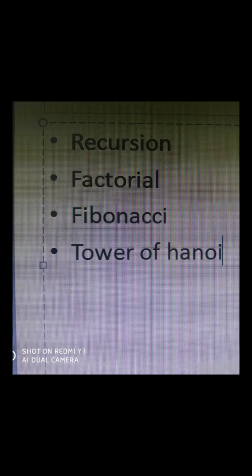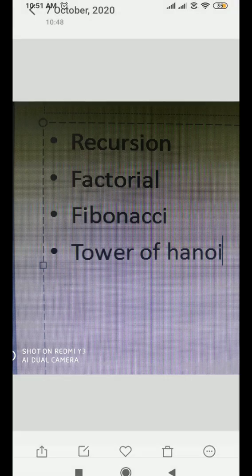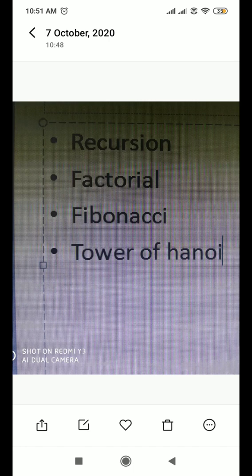Factorial of a number you already know. How can we define the factorial of a number? 0 factorial value is 1. 1 factorial value is 1. Similarly 2 factorial is 2 into 1, so we get the value 2. If you take the factorial of a number, its value is the number multiplied by n minus 1, and so on up to 1. So n factorial is n into (n minus 1) factorial.